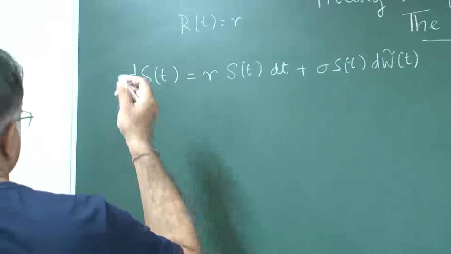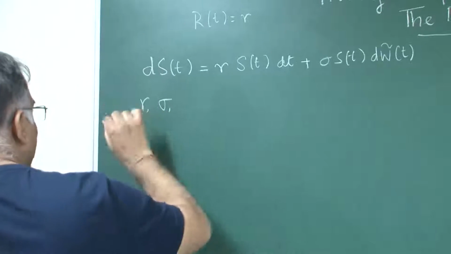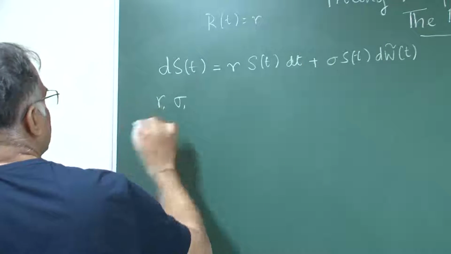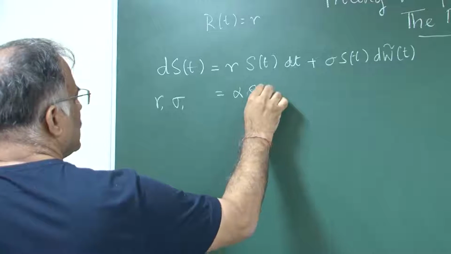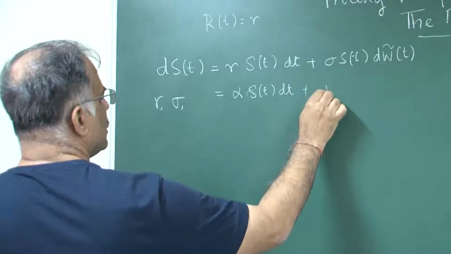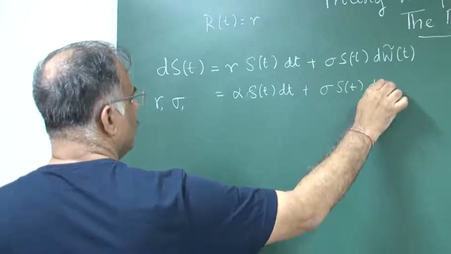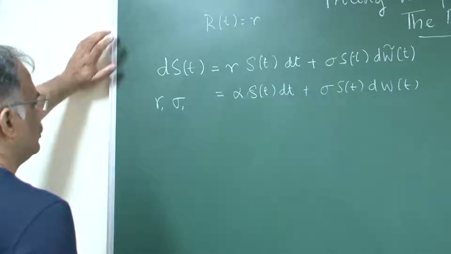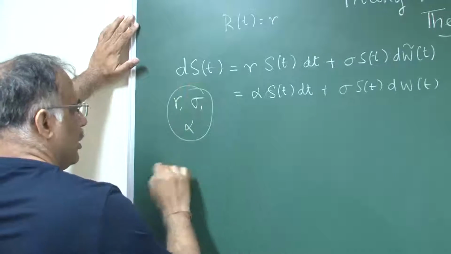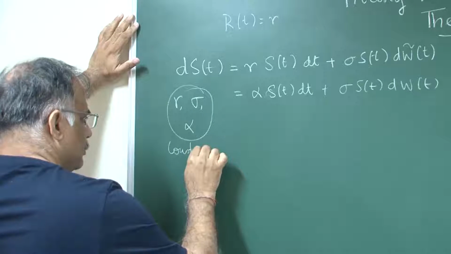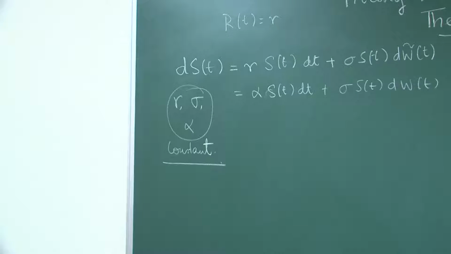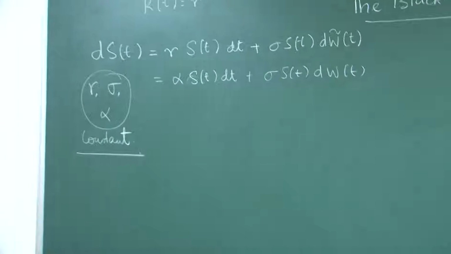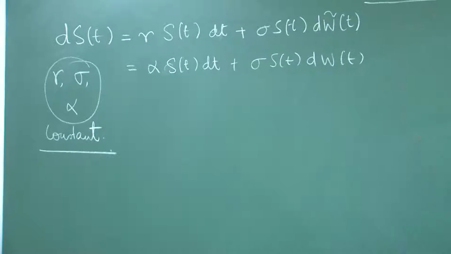So, R, sigma, if you want that alpha also, if you just take in terms of dWt. So, if you write in terms of dWt, dSt is alpha St dt plus sigma St dWt. So, and alpha, these are all constants in the Black Scholes pricing, all constant. So, then your dT, d of capital T is nothing but e to the power minus r small t. So, because of this your dt